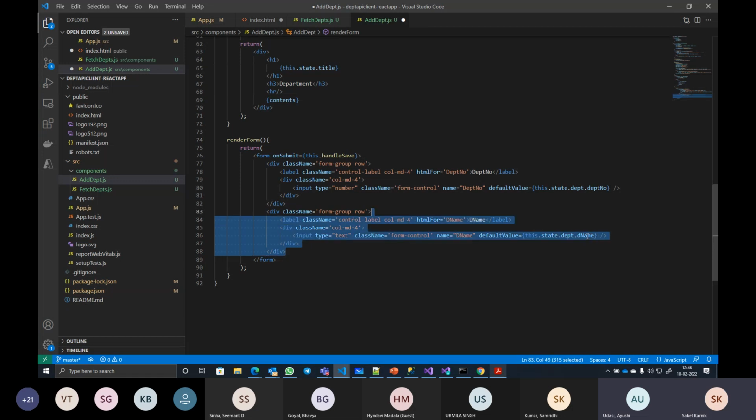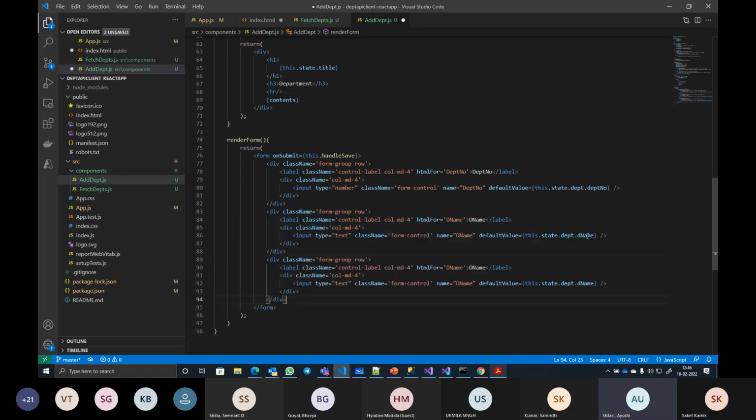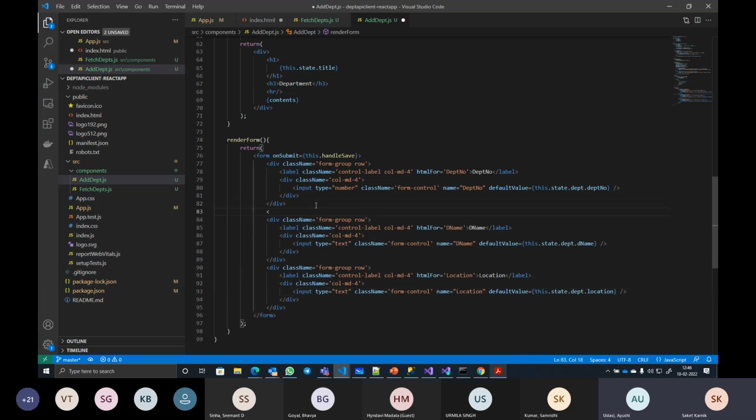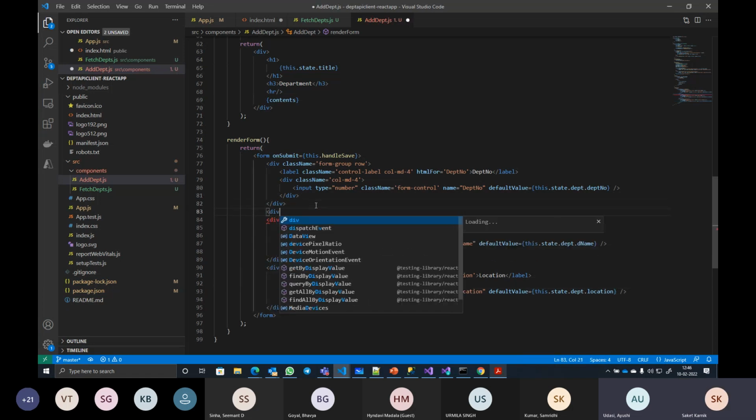Now copy this div and this changes to location. Text also location. Input type text, class name fine. Name is location, and here it changes to location with a small l. Here in between, I'm going to have an empty div also.